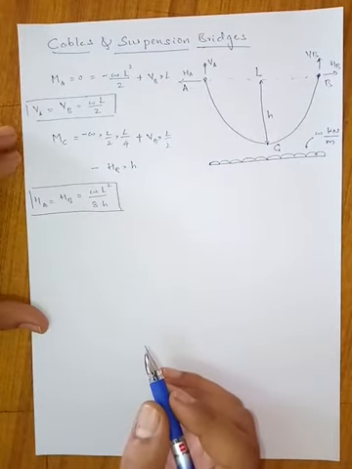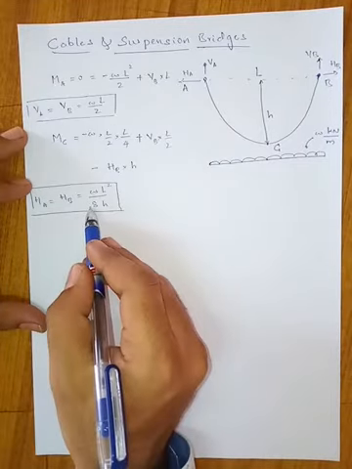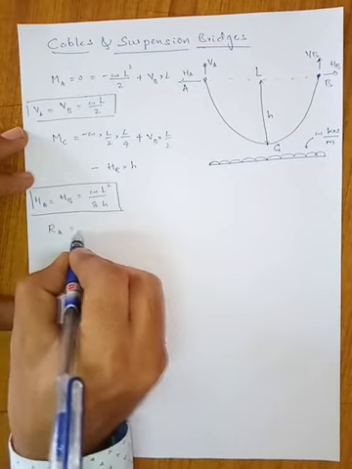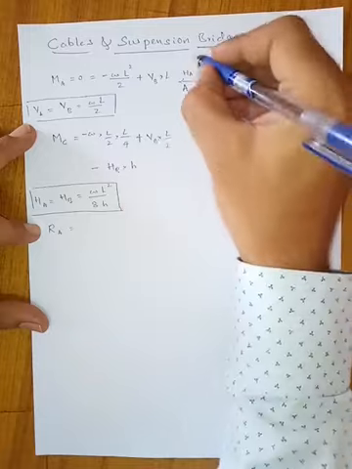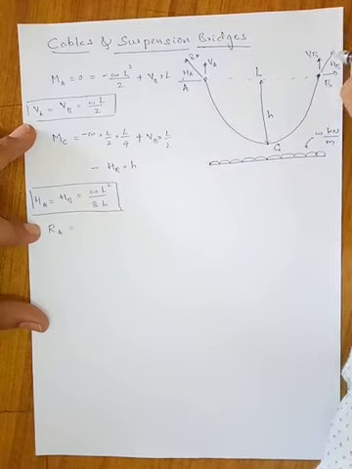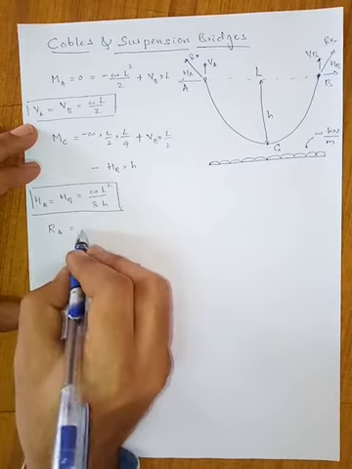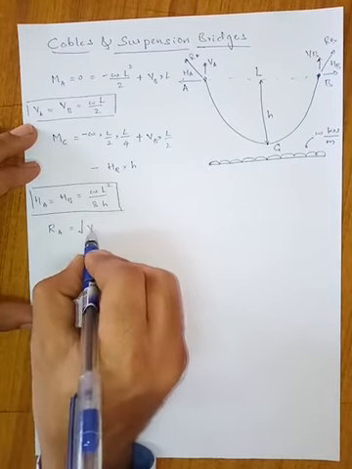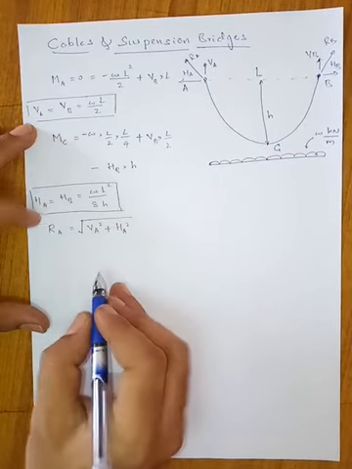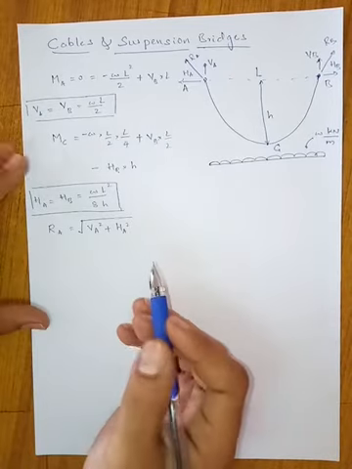This is how you find the support reactions. Now these are the vertical as well as horizontal components. How to find the overall support reaction? Overall support reaction is nothing but RA, reaction at A. It will be in this direction, RA, and similarly at B it will be RB in this direction. The magnitude will be given by Pythagoras theorem: RA is equal to root of VA square plus HA square, and similarly RB is root of VB square plus HB square.